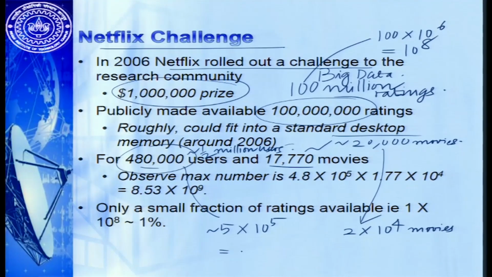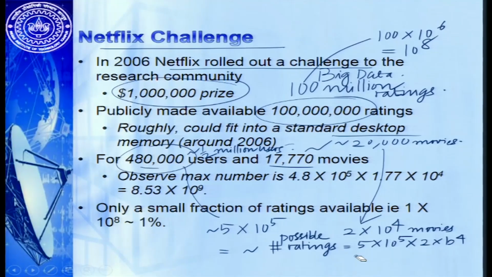which implies the approximate number of possible ratings equals 5 into 10 power 5 into 2 into 10 power 4, which is approximately 10 power 10. So the approximate number of possible ratings equals 10 to the power of 10. Now, this is the number of possible ratings, but the actual number of ratings is only 10 to the power of 8. The reason for that is very simple, because remember you have half a million users,